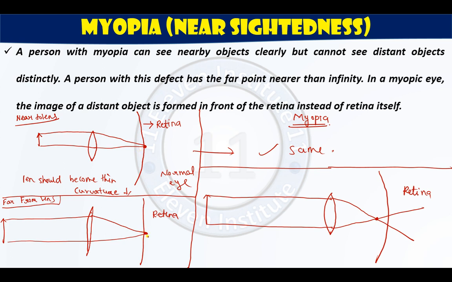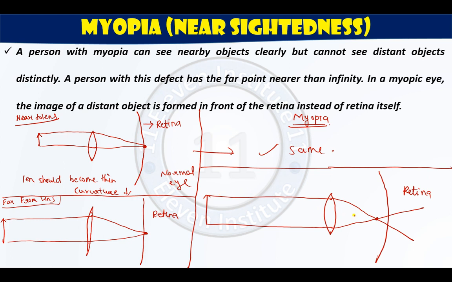Now also I am getting image on retina. But if a person is suffering from myopia, he or she can clearly observe the nearby images. There is no problem. But there is problem in seeing the far objects. Why? Because this lens is not changing its focal length. This lens is not changing its curvature according to the requirement. Right, the lens should become thin, but here the lens is not becoming thin, it remains thick only, due to